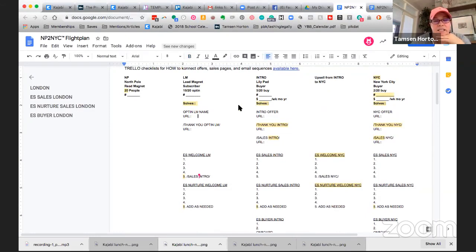Yes, the flight plan is everywhere in PBK. It absolutely is. There's a bigger guide, and I actually put it in a bunch of different learning style formats. Some people like the glossary better and they use that. Some people like the cheat sheet flight plan. They like this better. Some people like the Trello boards better.